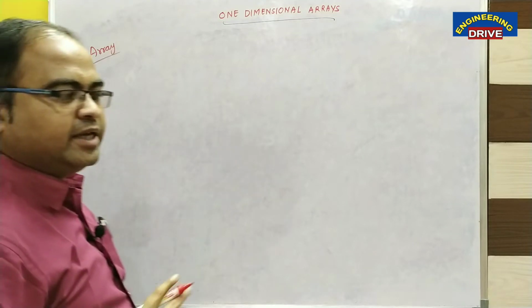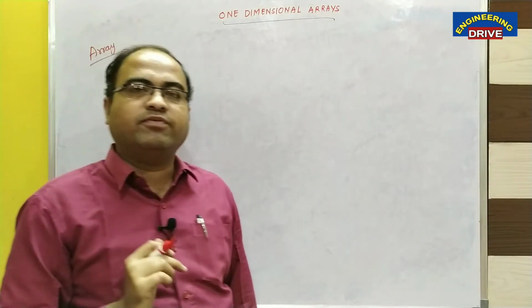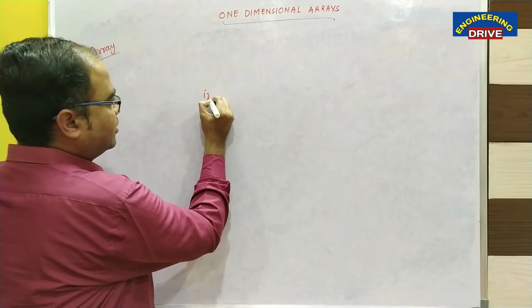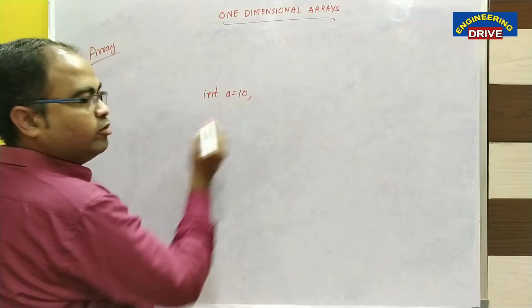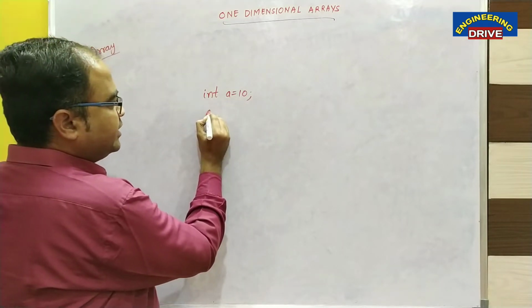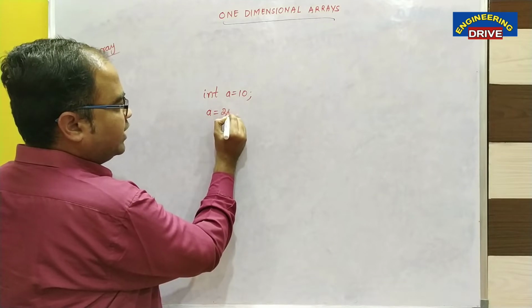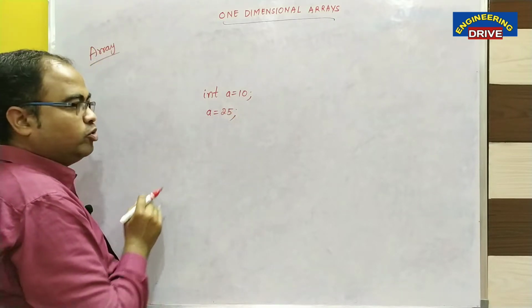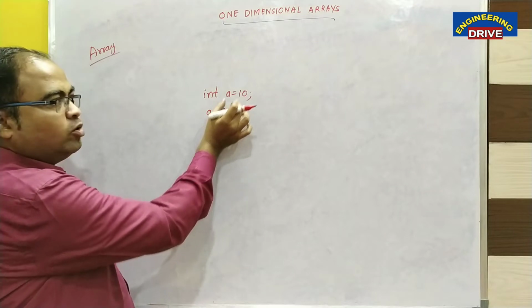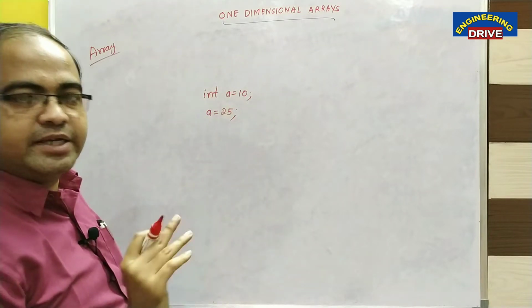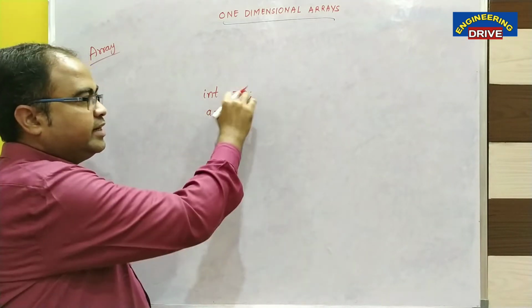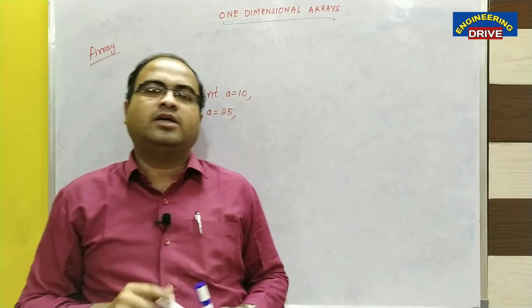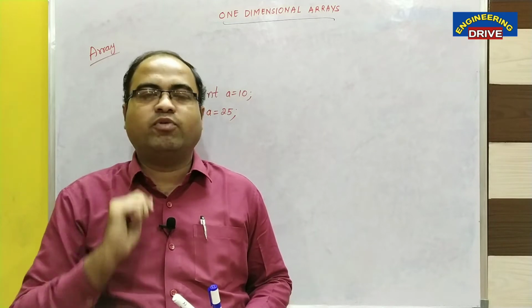We know that in a variable at a time we can store only one value. For example, let us say in Java we have initialized one variable a whose value is 10. Immediately in the next line, if I want to give another value to a, let us say 25, at that time the latest value of a will be taken, and the old value will be overwritten or erased. So what is the latest value of a now? 25. Only 25 will be stored, 10 will be deleted from the memory. So dear students, we got one clear picture that a variable at a time can store only one value.